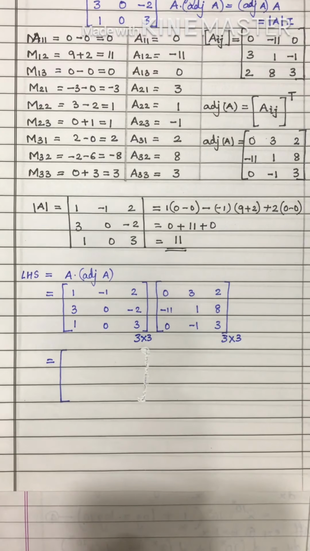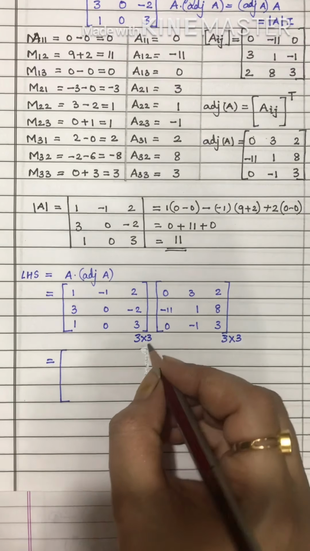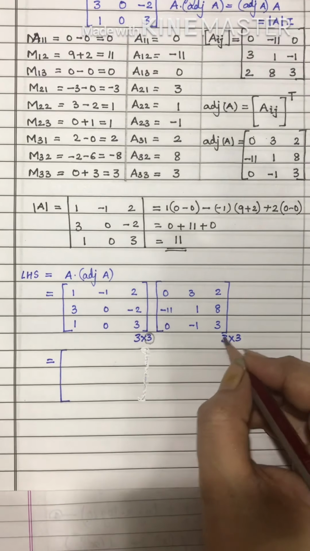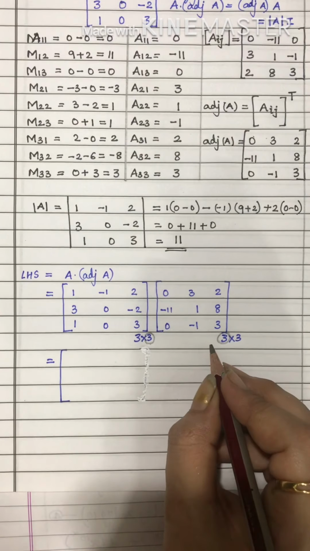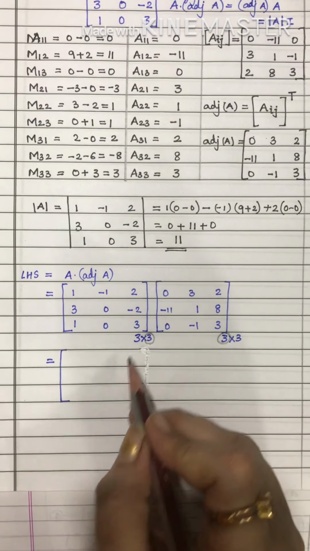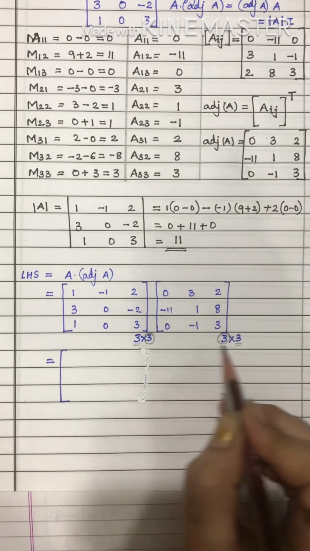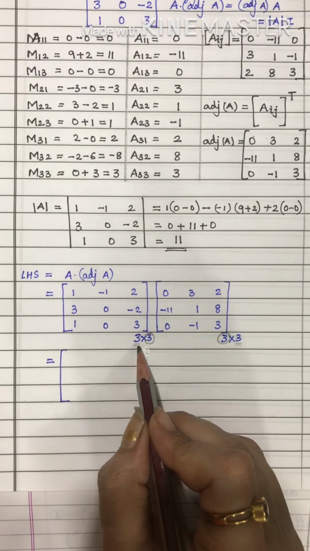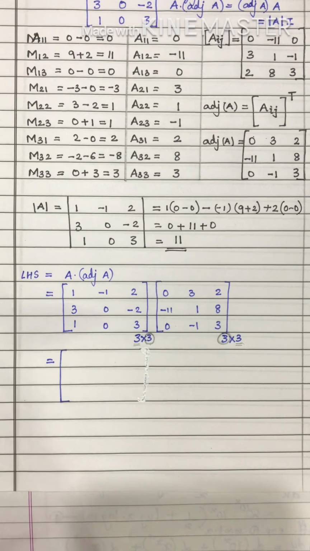Now when you are trying to find the product of two matrices, you need to check whether the number of columns of the first matrix is equal to the number of rows of the second matrix. If it is equal, only then the product is possible. And one more thing we understand from this is that the resultant matrix will be of the order of the numbers left. So when you make the product of these two, you will get the answer matrix of order 3 by 3. So let's start how to multiply.